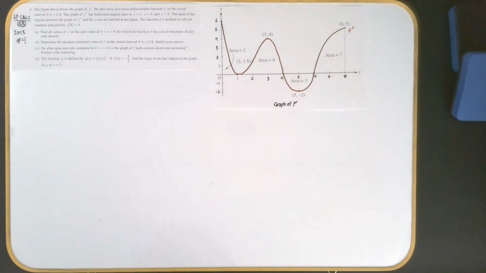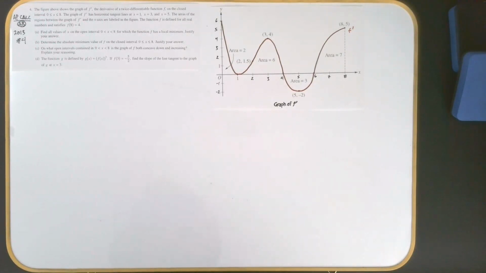Hey, Calc students, time for another free response question from an old AP exam. The question we're looking at today is from the AP Calc AB exam from the year 2013, and the question is number 4. As soon as you look at this, you can see that it's a derivative graph style question. They give you the graph of a derivative, and you're going to be using your skills with the fundamental theorem